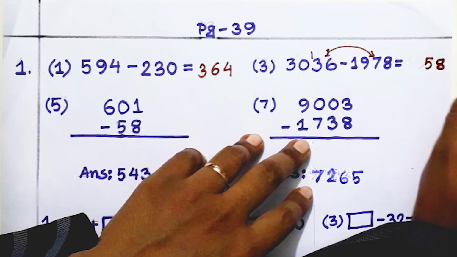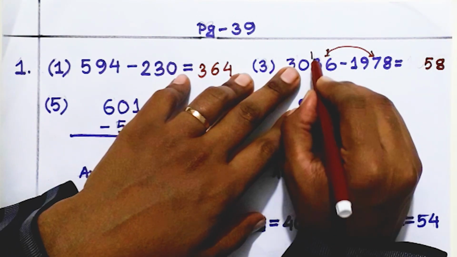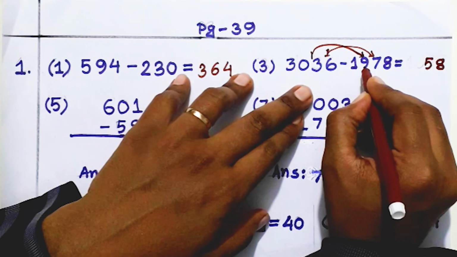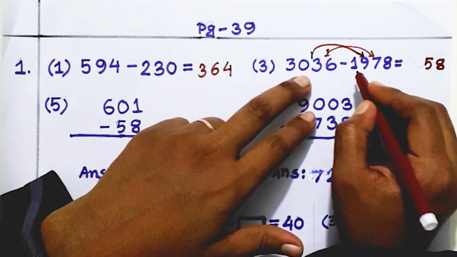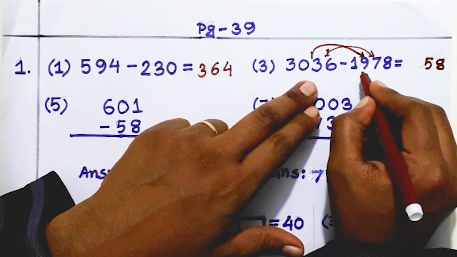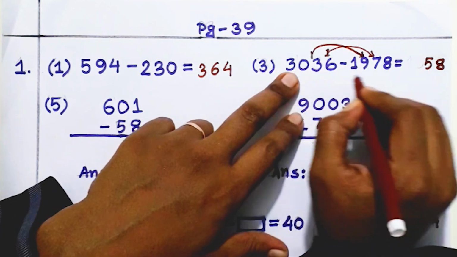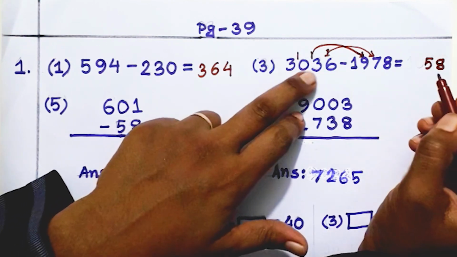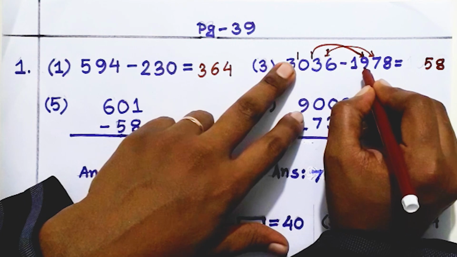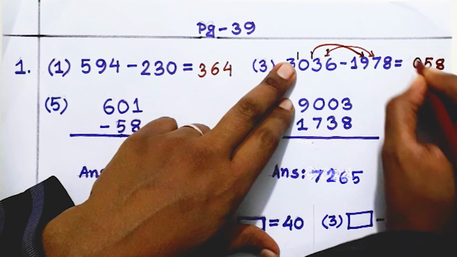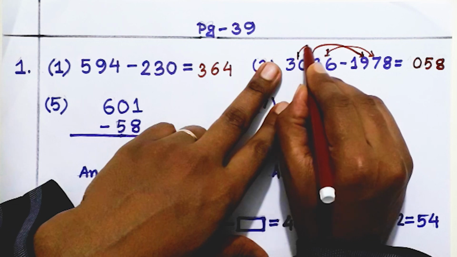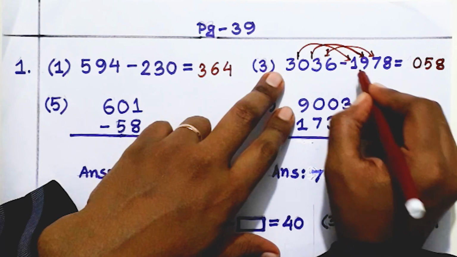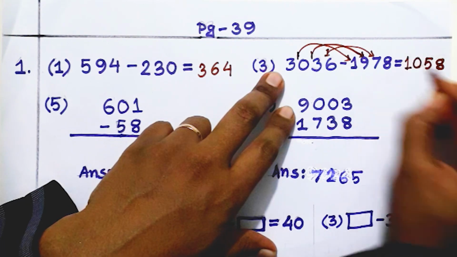So write here 5. Now this one again goes to this, add with this 9. Then it converts to 10. Here is 0. So 0 minus 10 is impossible. So we will count here again 1. Then it will make 10. Then 10 subtracted 10 is equal to 0. Now this one again adds with 1. Then it makes 2. 3 subtracted 2 is equal to 1.